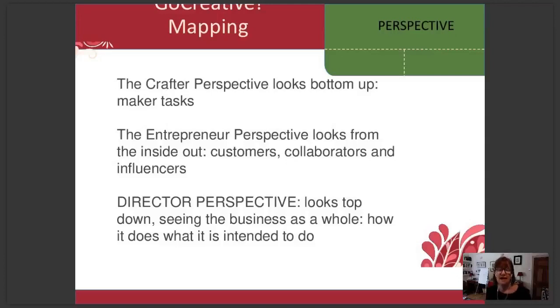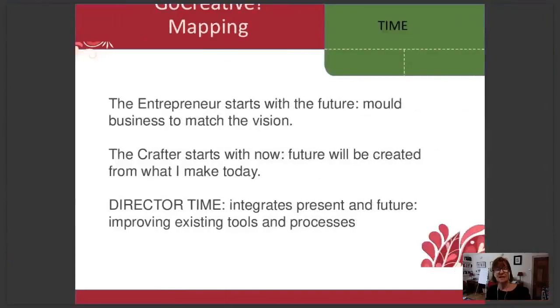And very often as the crafter, we can actually forget what the business exists to do because we can get so caught up in doing our own stuff. So the director part of us is the person that keeps all of that in place.